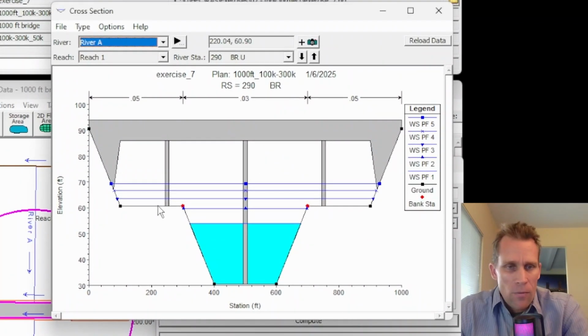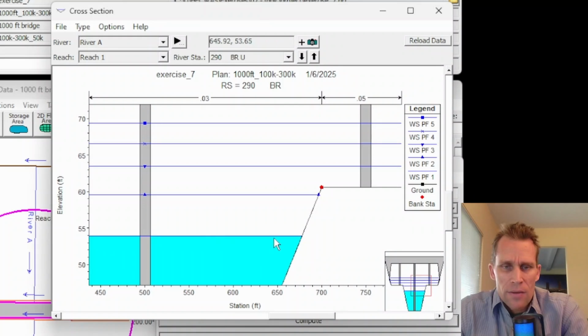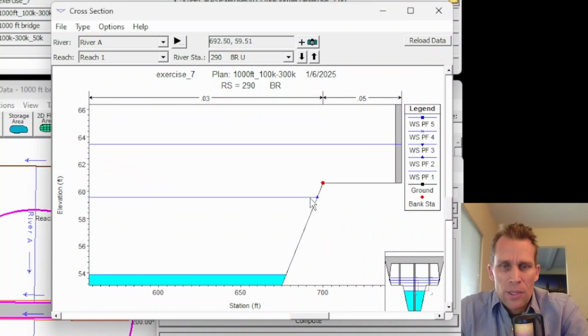And here we have what looks like 150, 200. So it's going to be between 150 and 200. Let me zoom in here. Okay. So yeah, this is 100,000 CFS. That's profile 1. Boom. Profile 2 right here is 150. And then profile 3 is 200,000 CFS. So I think it's safe to say that our answer is going to be between 150 and 200,000 CFS, probably